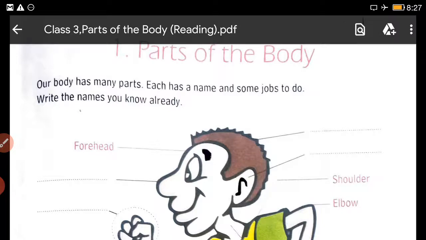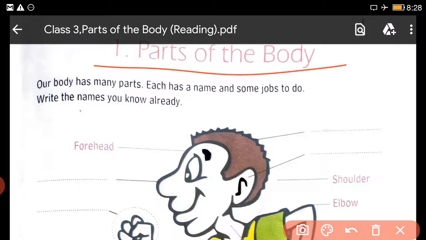Today, we will start the explanation of the first chapter, which is parts of the body. Now, as we had already discussed, our body has many parts. Few parts are external, जो आपको बाहर दिखाई देता है, and few are internal body parts. So, external body parts, if we start from the head, then comes the face. In the face, we will have the eyes, nose, ears, mouth.